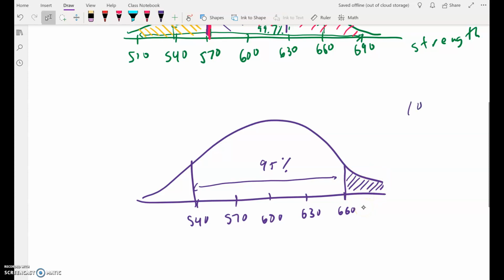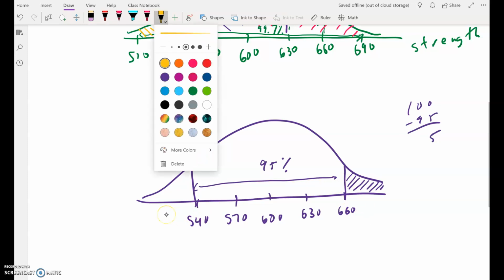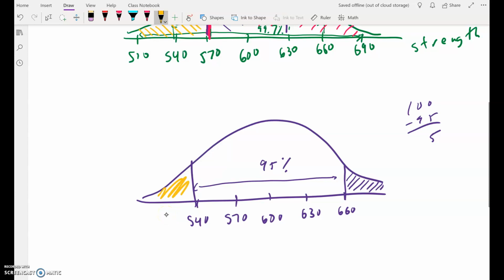So 100 minus 95 is 5, meaning there's 5% in this yellow or purple area. Divide that by 2, and that's 2.5. So this is 2.5% in this upper tail that's stronger than 660. 2.5% is the area down here, this yellow part. So altogether, 2.5 plus 2.5